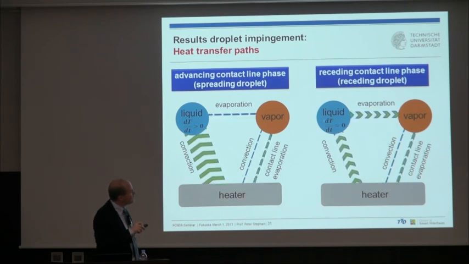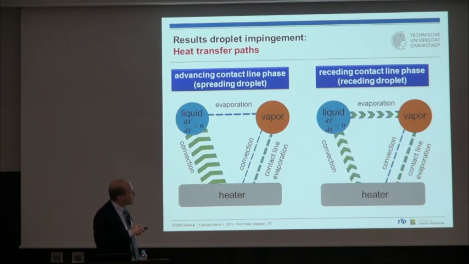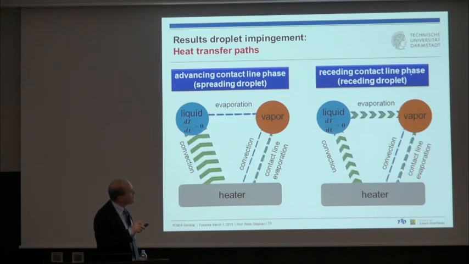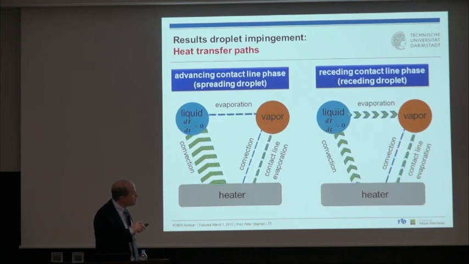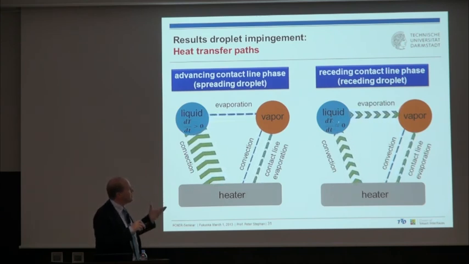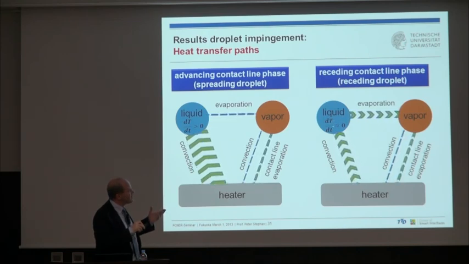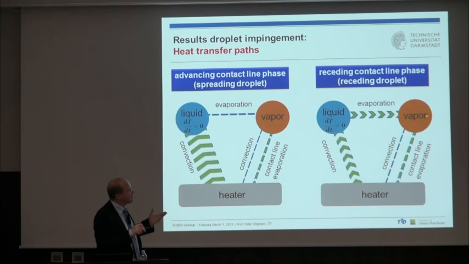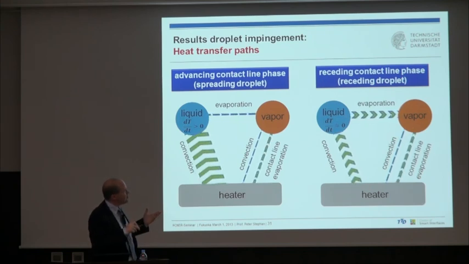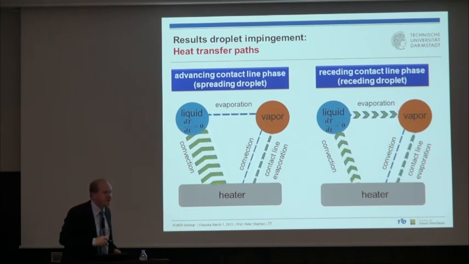Then the droplet has almost a constant temperature, but due to the receding contact line situation, in a mean sense the energy of the droplet does not change too much, but the hot near-wall temperature is brought to the interface, and therefore the evaporation is much higher in this situation than in this situation.